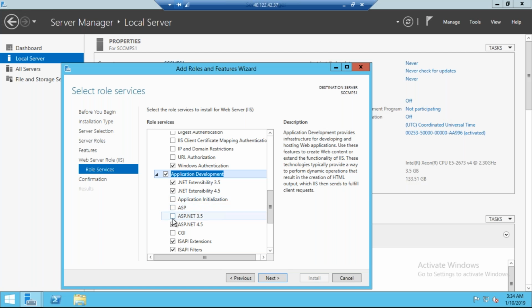Yeah. In here we need to choose ASP.NET 3.5,